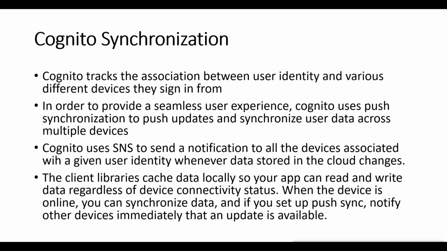So let's say we got our user who updates an email address or changes password or any settings inside their application. Cognito will send out an SNS silent push notification and it will send that out to their laptop or phone or tablet, and it means all those devices will be synchronized with your data when they are online. So that is all about Amazon Cognito, which is a web identity federation service.